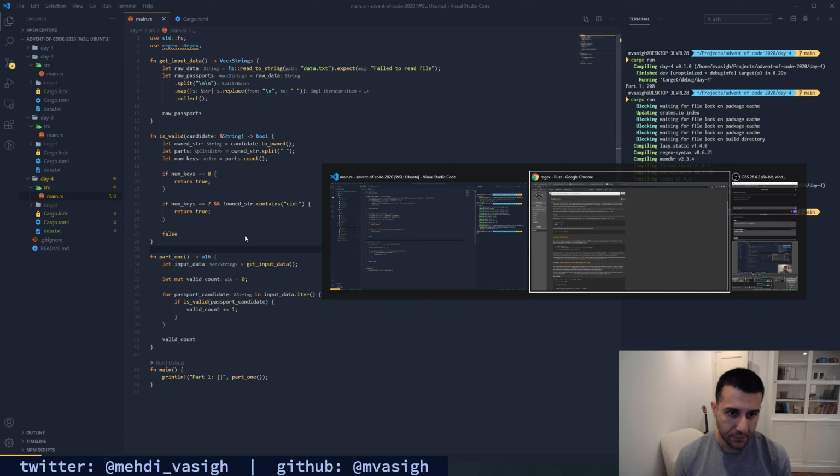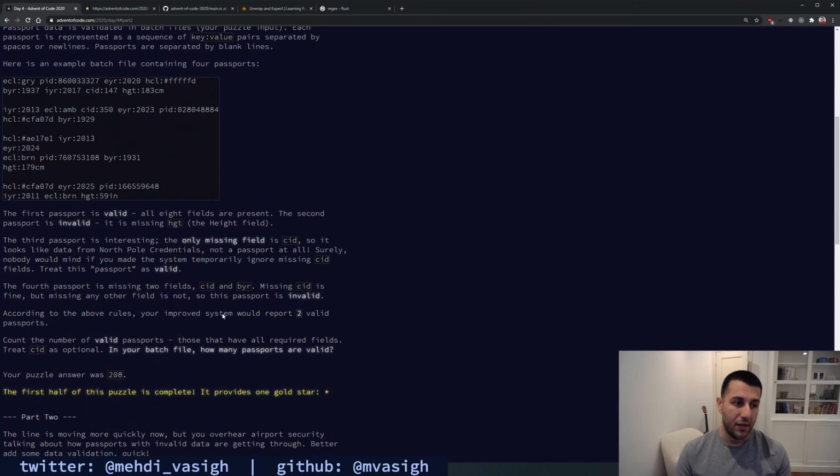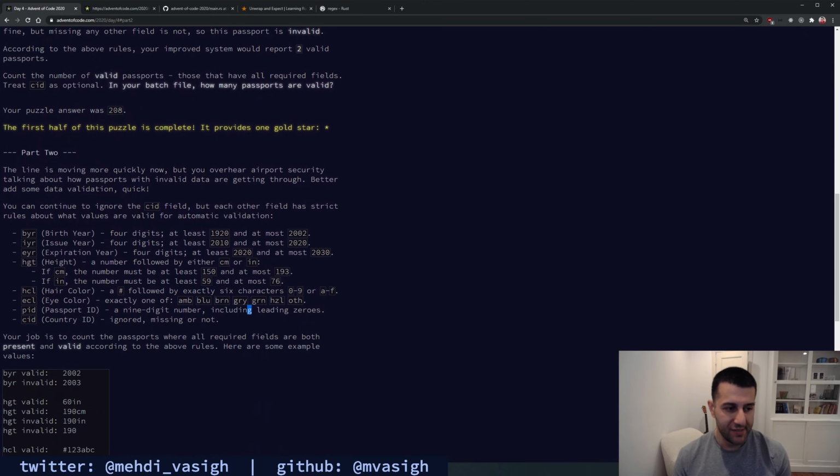Now, if we go back, this looks scary because you're thinking, holy moly, this is a lot of different rules. That's going to be a lot of if statements. That's kind of the beauty of regular expressions, is that you're defining patterns and you can just match against those patterns.